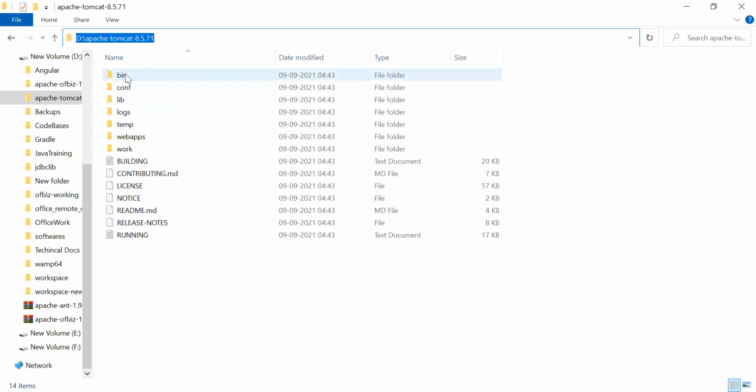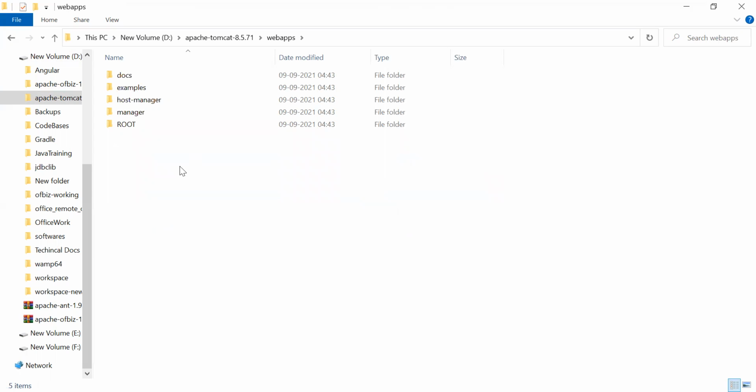You can see the bin directory, conf directory, lib directory, logs, temp, webapps, and work. Open webapps. Under webapps, you can see these many web apps. If you go here, open ROOT.